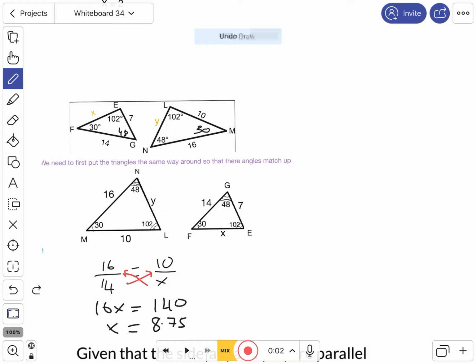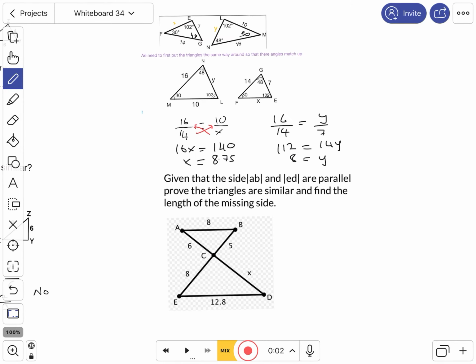So to find y, what I'm doing is I'm using 16 over 14 equals y over 7. Cross multiply again. 16 by 7 gives me 112 equals 14y. So y comes out to be 8. Okay? So last question we're going to take a look at then